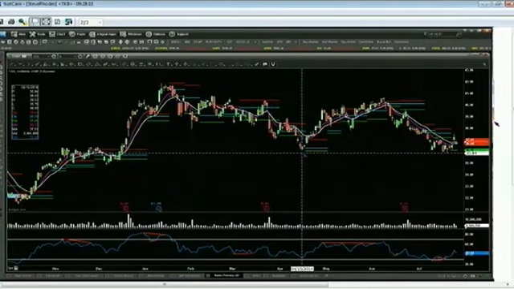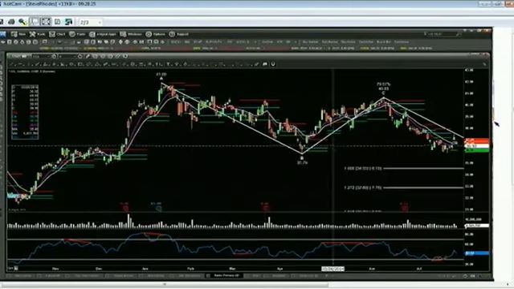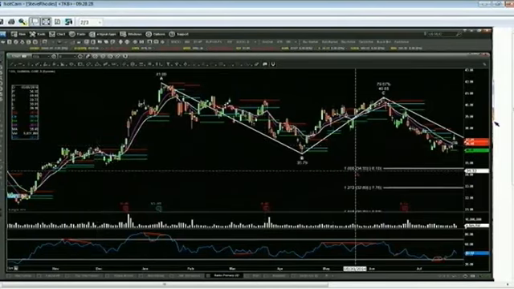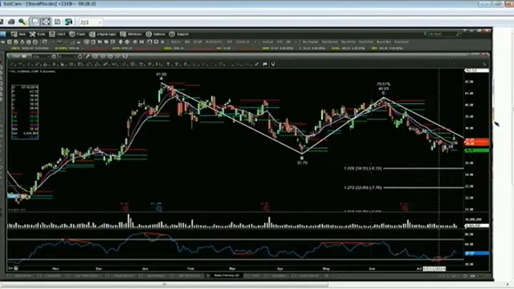35.79. If it cracks 35.79 with more than 3.3 million shares out there, it'll be giving you an A to B equals CD to the downside. That'll give us a price projection right around the price level. The 1-to-1 will take you to 34.55 out there. But at 34.55, I suspect it would actually move down a bit lower than that. That is on CCL, Carnival Cruise Line out there.